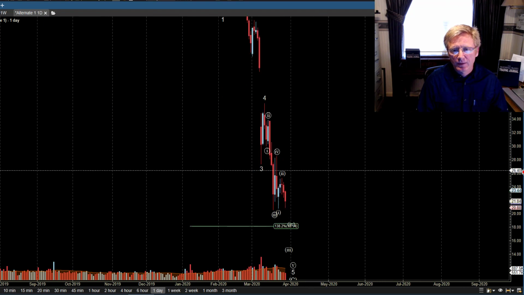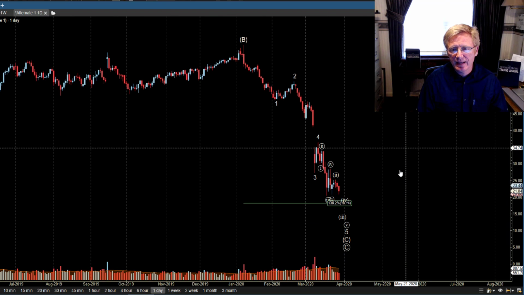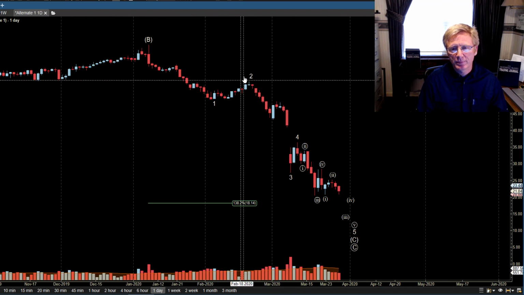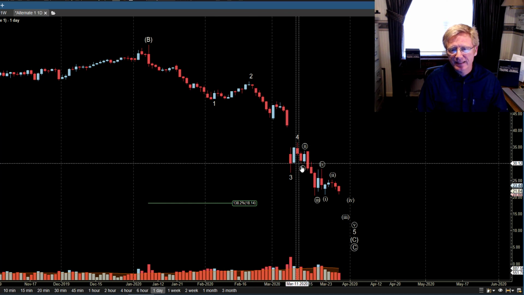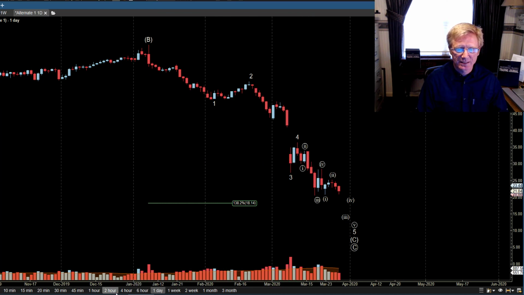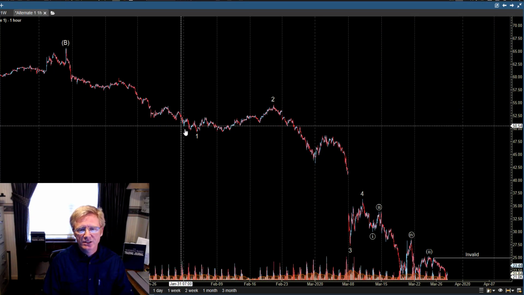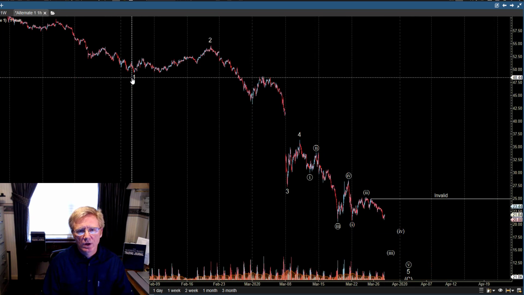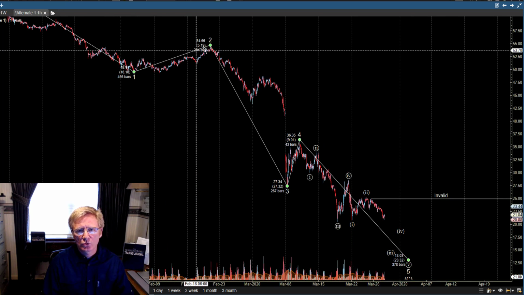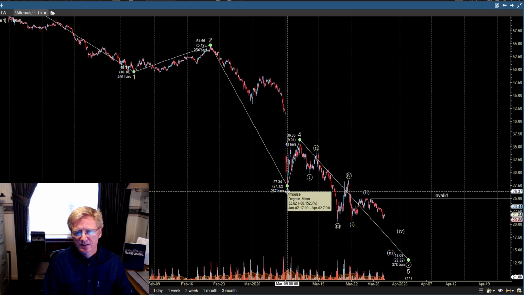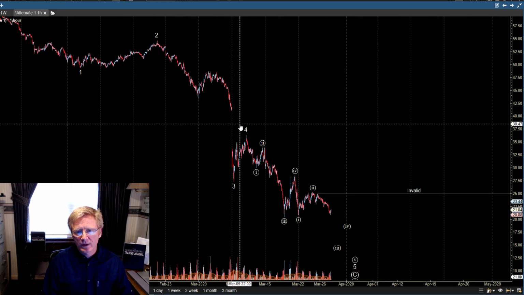So much like the ES, everything kind of flowed up here, and then now that it's getting down here, it's getting kind of junky. It's getting kind of hard to read. So let's take a closer look. So up here is the B wave, and you see a nice smooth wave 1. Wave 2 comes down 1.618 extension. Wave 3 back to wave 4.